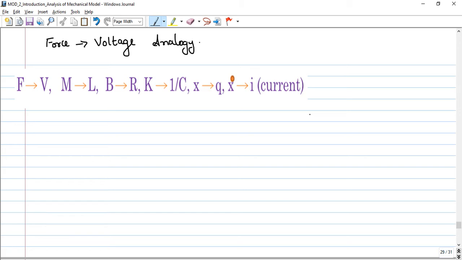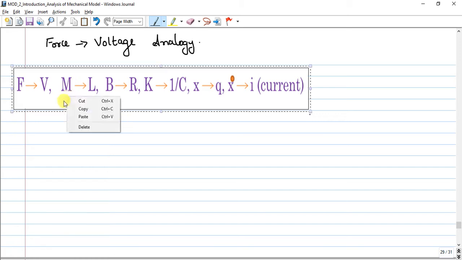So we are writing the given mechanical system in terms of an electrical system. The first consideration is force voltage analogy. As you know, there is a fixed analogy between mechanical system and electrical system. We will represent the mechanical in terms of electrical, and we call it the electrical analogous system. For that we are using the concept of force voltage analogy. In that analogy, we know which mechanical element will be replaced by which electrical element. You can clearly check here.